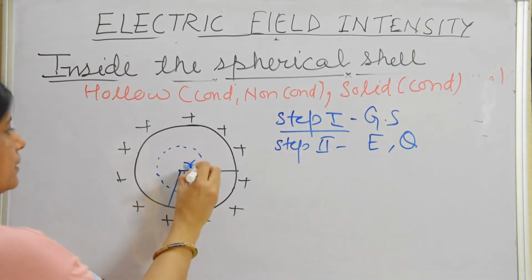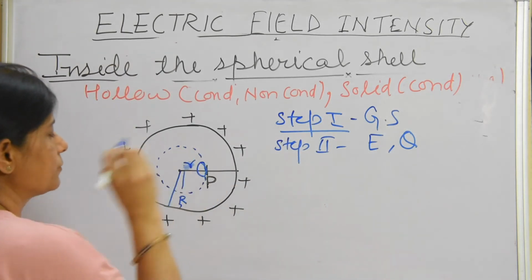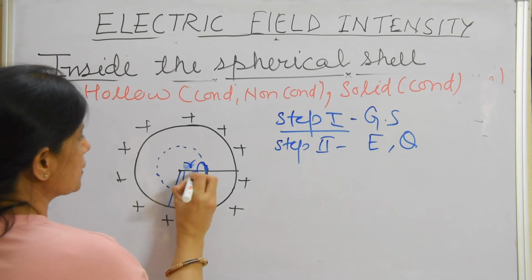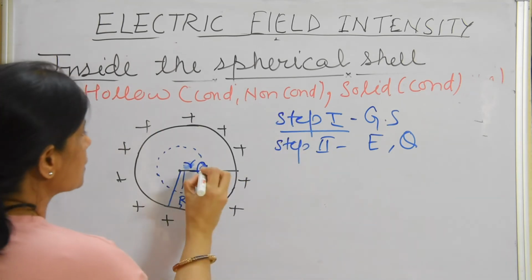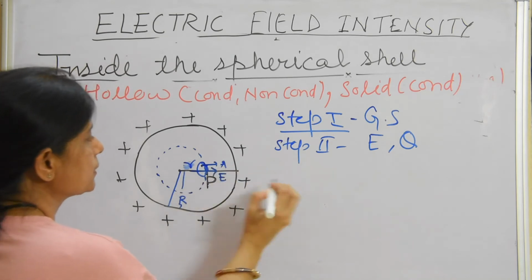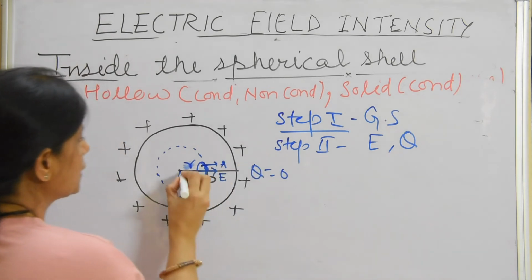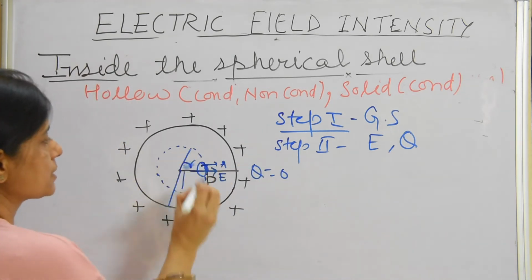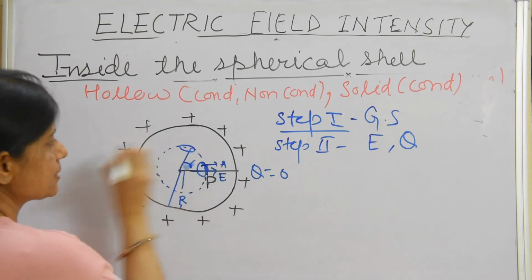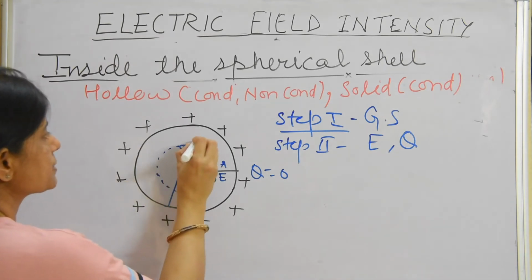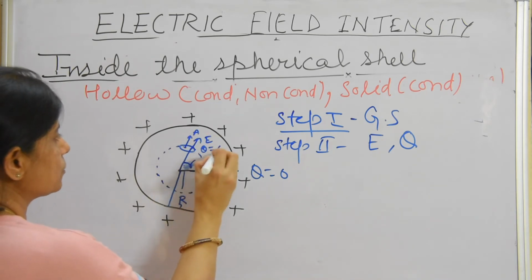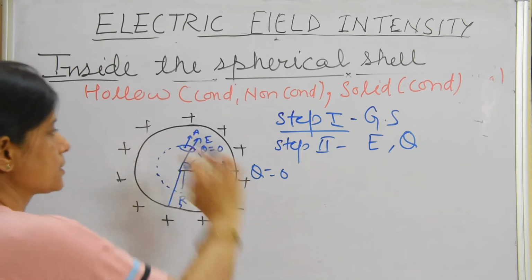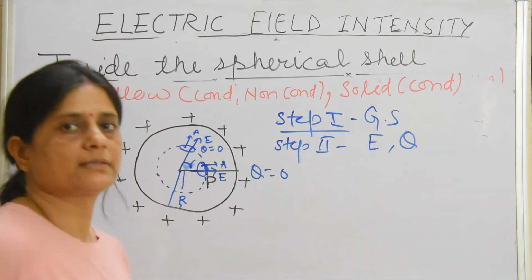So as we have done before, if you will see over here, E electric field intensity radially outward, A outward, theta 0. Again on the surface, on the Gaussian surface, if we will consider this surface, E is radially outward, A outward, and theta is 0. So throughout on the Gaussian surface, symmetry of E and theta is there.